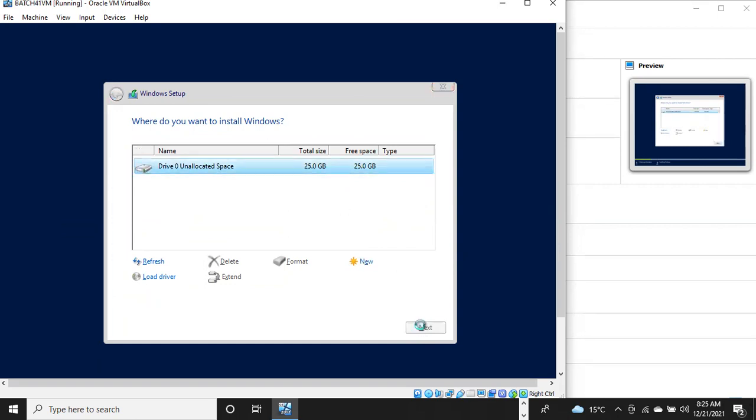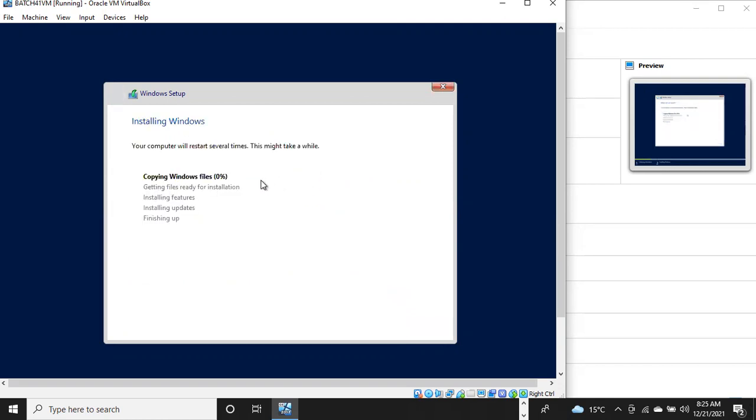Okay, go to next. I gave you 25 GB, right? So that's why you can see 25 GB there. If you give 50 GB, you can see 50 GB disk will be created. Guys, that's it. This is how we'll install Windows operating system. Nothing we have to do now. Okay, simply next. You will choose advanced and you are going to choose the edition. Remaining everything is okay. Okay, now it will take 10 to 15 minutes to complete the installation, guys.